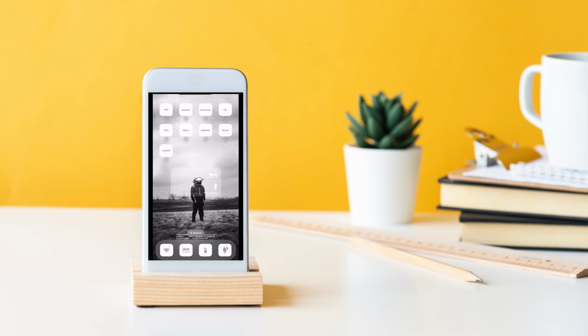So here we are on my phone right now. And you can see my home screen right here. And one thing that you will notice is the custom wallpaper and all the custom icons that you can see here. So this is something that I found to be useful to keep the interface distraction free